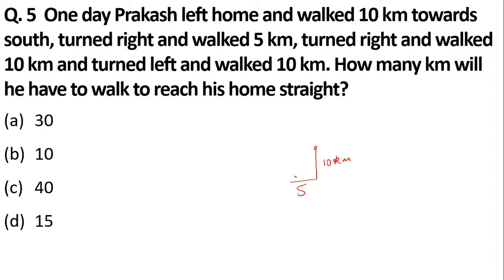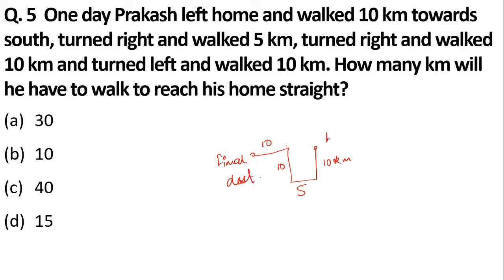He walked 5, and then here his face is this side. Okay, he turned right, so right will be this side. Okay, and he walked 10 kilometers. Since this is 10, the same size will be this, and then he turned left and walked 10 kilometers. So this is the final destination for him,